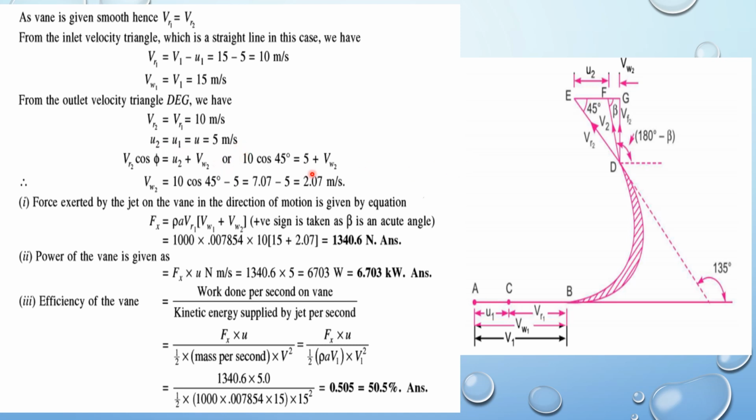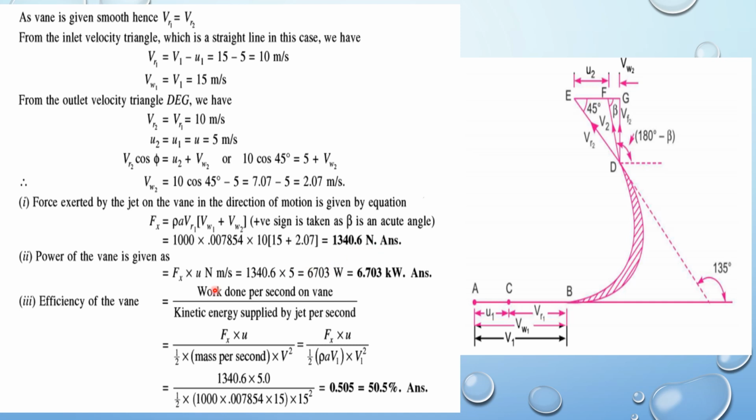So Vr2 cos phi, you must refer to this outlet side, and finally you will get the value of Vw2, that is whirl velocity at outlet, equal to 2.07 meter per second. Now once you have got Vw2, Vw1, we will solve force exerted, because the expression involves Vw1 and Vw2, and again here beta is 45 degree, which is an acute angle, so we will have the plus sign here. Substituting the values, you will get the answer